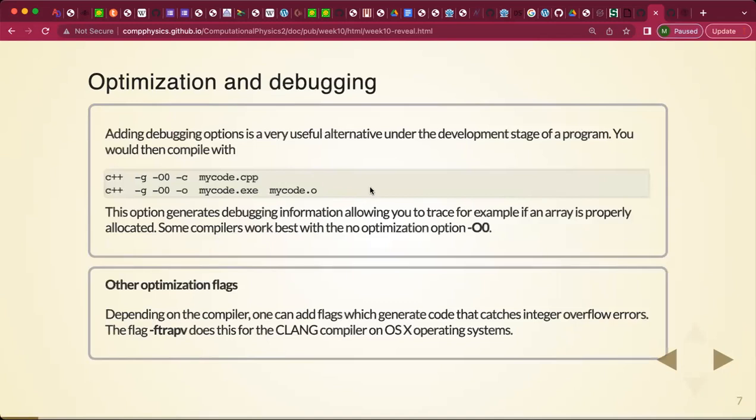And when you have a large code, this is actually pretty useful to try. Another thing you can do is to look at debugging options, and we normally recommend doing that. But then you would have this for the no optimization flag, which is normally recommended. So it allows you, for instance, to trace if an array is properly allocated or not. And there are many, many other